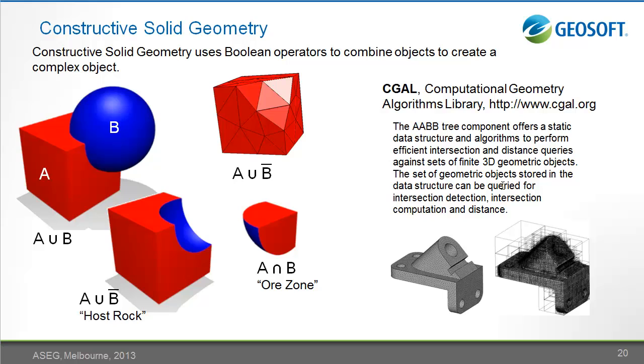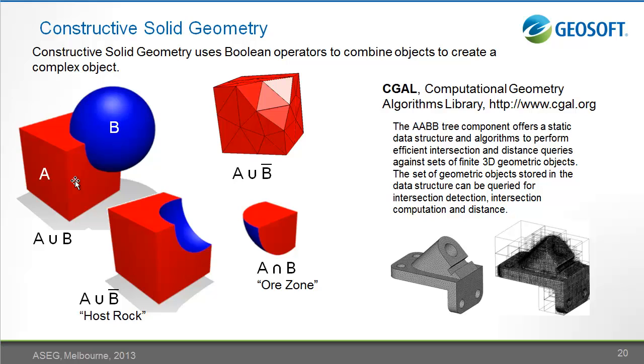So we're able to represent the ore zone exactly through this process. And why is this easy to do now? Well, I'll just digress briefly here to describe the computer graphics, computer science approach that we use. It's called constructive solid geometry, and basically it allows you to work with Boolean operators on geometric objects. And for example, if I have my ore zone B shown by the blue sphere, and I have a voxel A shown here, I'm able to, with this constructive solid geometry in a computer representation,